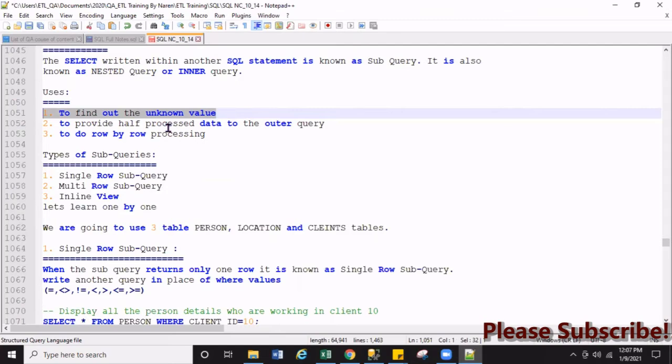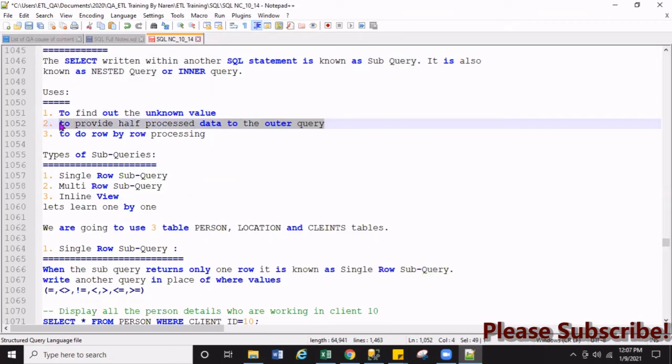Similarly, it provides half-processed data to an outer query. Remember, the first query is the outer query and the second query, in the brackets, is the inner query. The subquery helps the outer query find the value from the inner query. Half the data is taken from the inner query, half from the outer query.